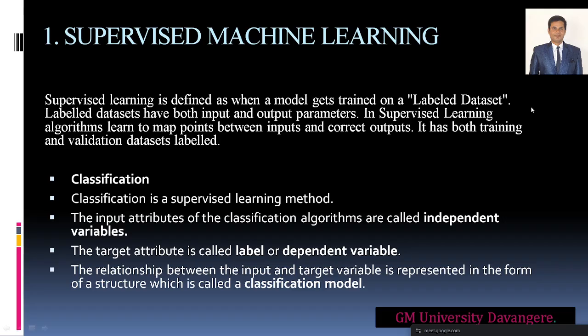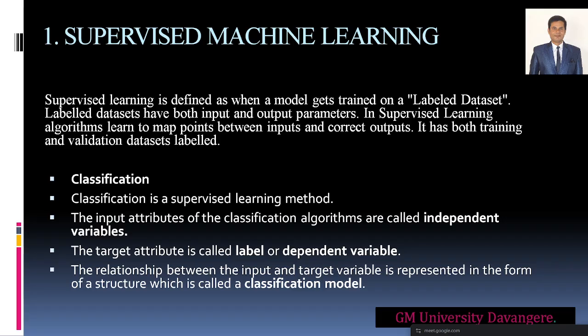That is the labeled data set you have to provide, right? Labeled data sets have both input and output parameters. In supervised learning, if you know the input, the output also will come. So if your teacher asks a question, you will answer only for that, correct? Because your teacher has already taught the inputs, so you are giving those outputs in the exams. That is called supervised learning.